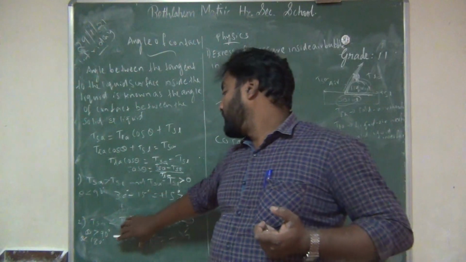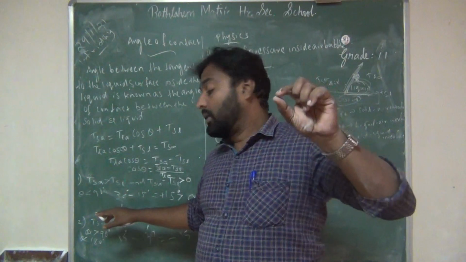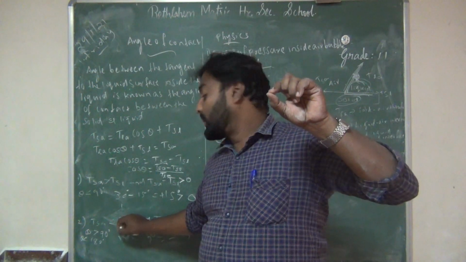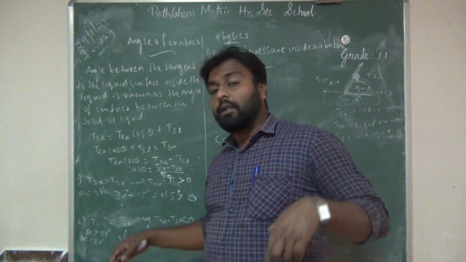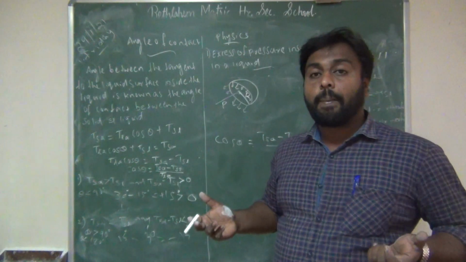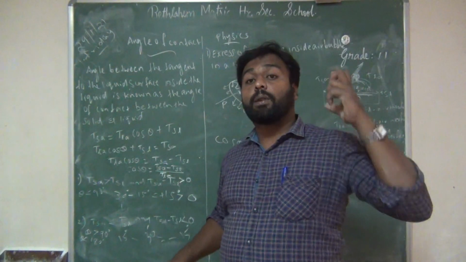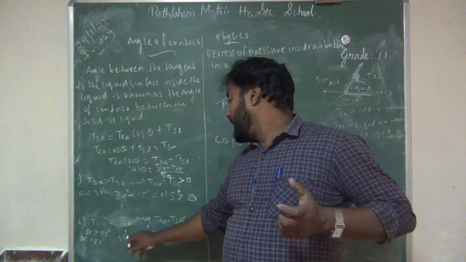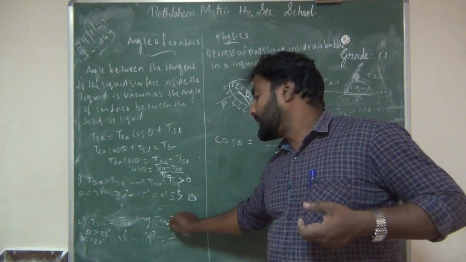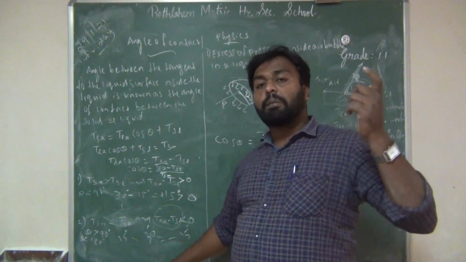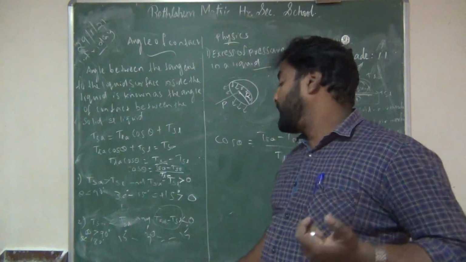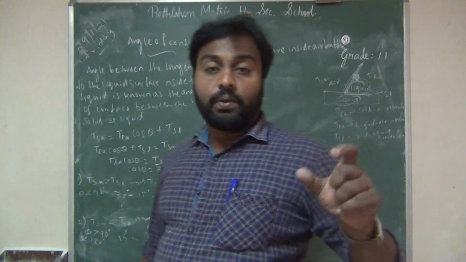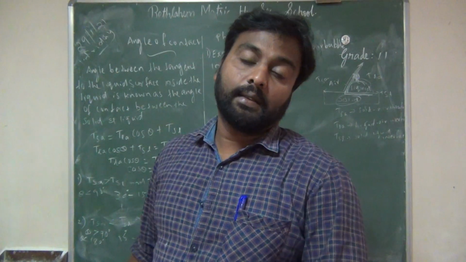So this is just for substitution I gave. So the second case, TSA is less than TSL. Assume the angle between the solid-air interface is 15 degrees, and the angle between the solid-liquid interface is 30 degrees. When we substitute these 15 and 30 in this equation, TSA minus TSL, 15 minus 30, we are getting minus 15 degrees. That is the second case: the angle of contact, cos theta, is negative.